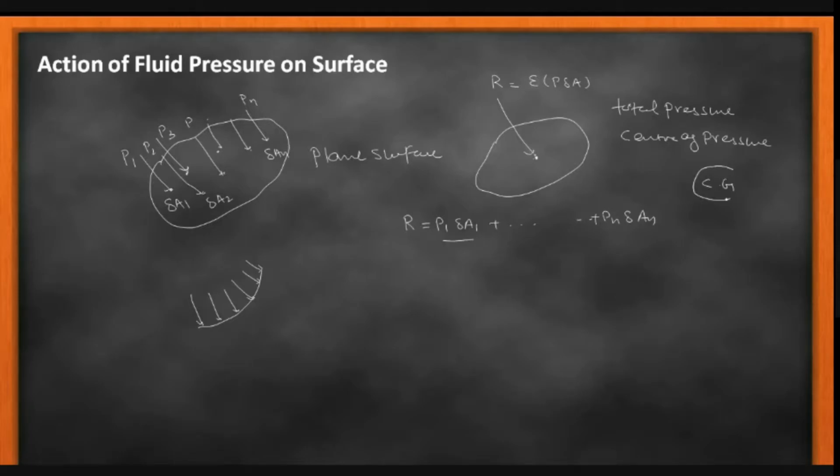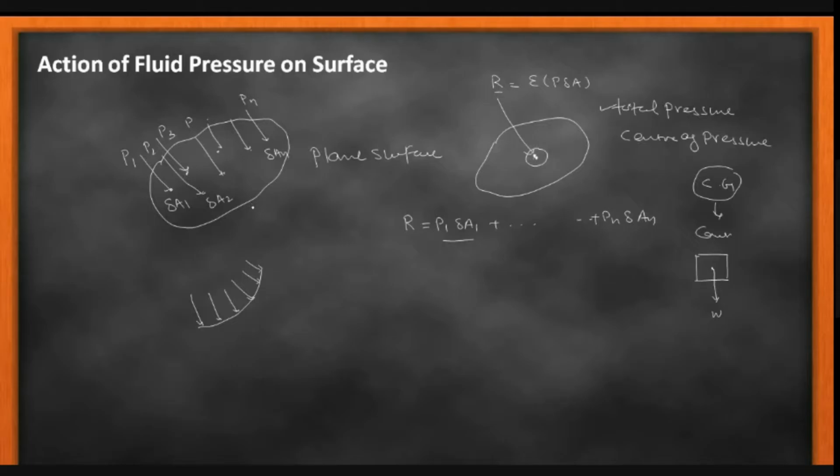For center of gravity, we take that we assume the concentration of mass is there. Suppose this is my rectangle, then I'm assuming mass is distributed uniformly over all the area, but we assume that it is acting at the center of gravity and it is always in the downward direction. Similarly, the pressure forces are also acting on different small regions of the small area, but we need to represent all these forces by resolving them, and that force is called the total pressure force, which is acting at one particular point, and that point is called the center of pressure.